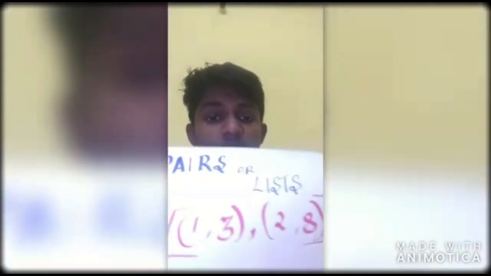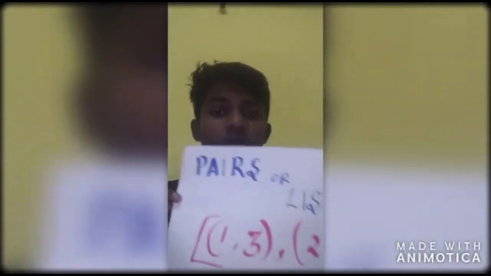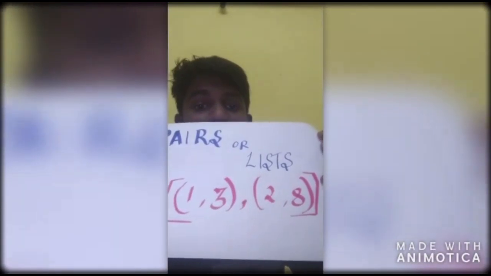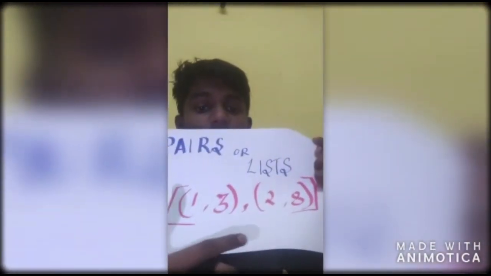Next, we have learned about pairs and lists. Pairs and lists are nothing but two values which are together into one. So pairs can be written like this in brackets using a comma. The last topic is constructors and selectors. Constructors are the functions that build the abstract data type, and selectors are the functions that retrieve information